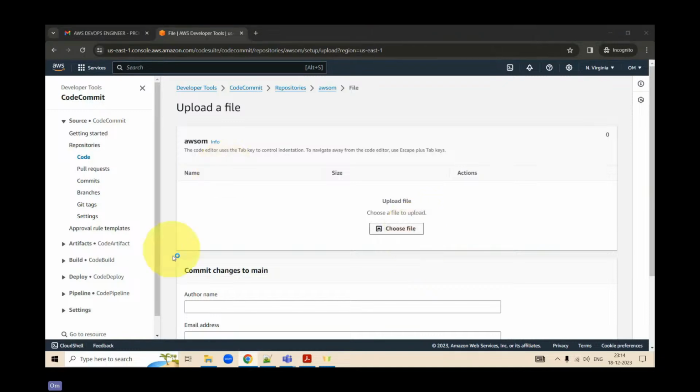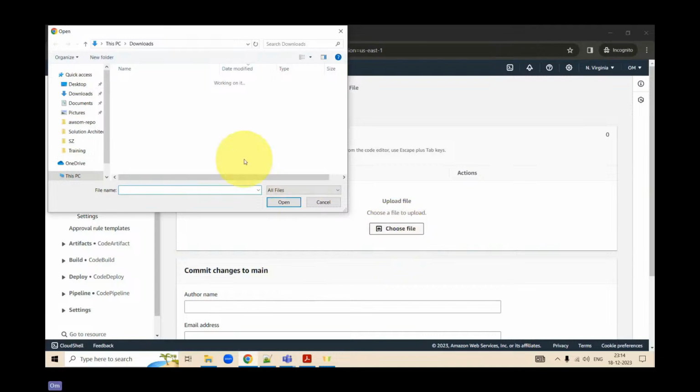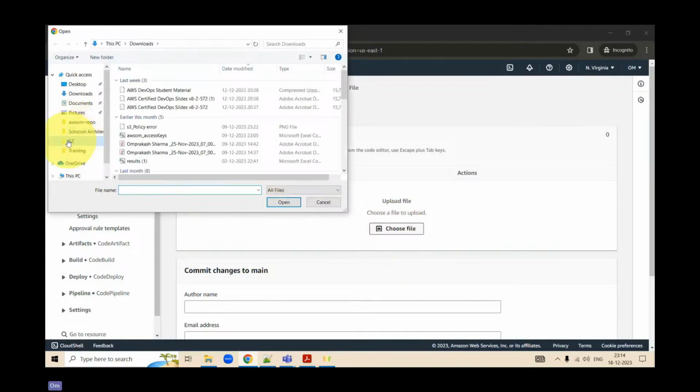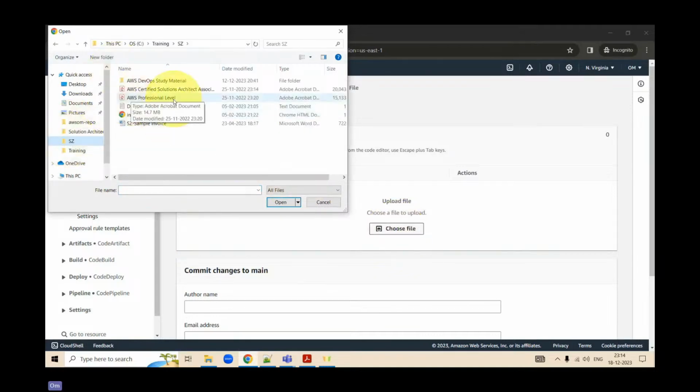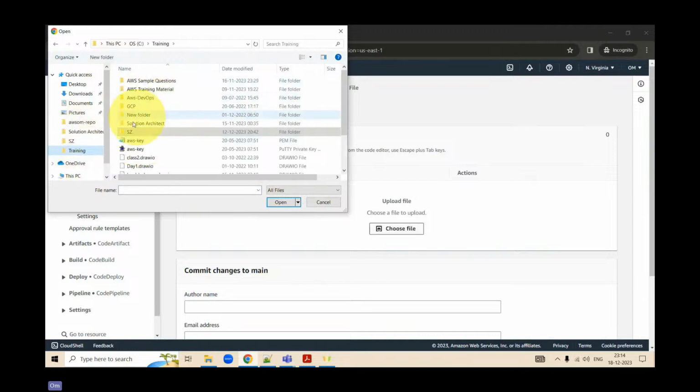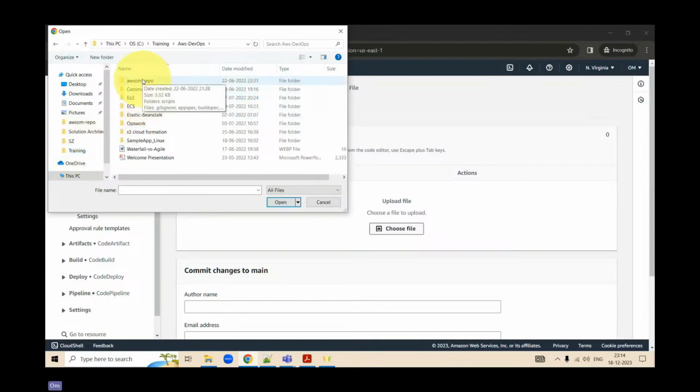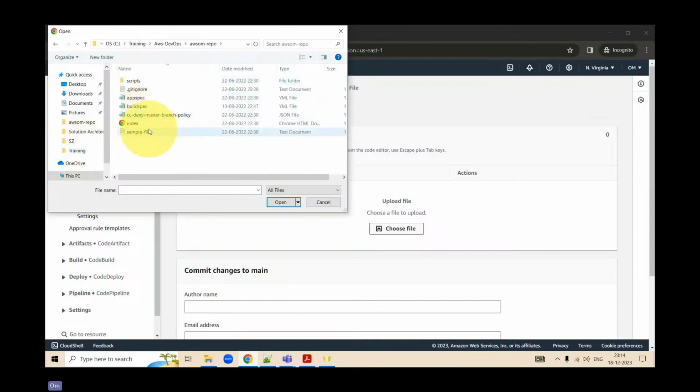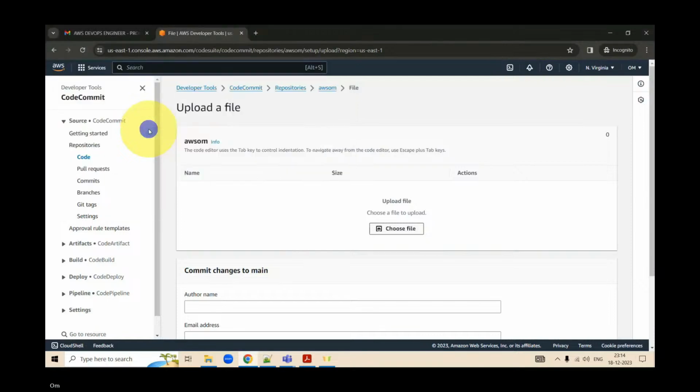If you want to put a file, you can directly do it from here as well. You can go to the trainings, then DevOps, then this AWS repo, and maybe you can simply upload a sample file.